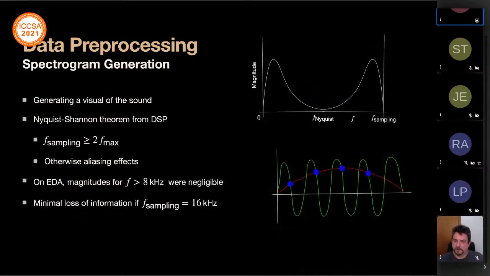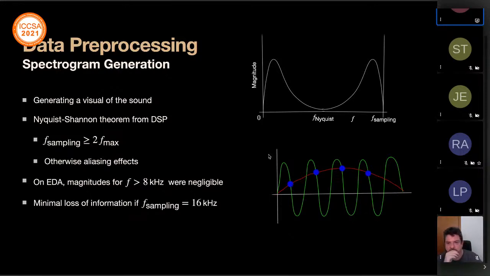Now coming to how we generated the spectrogram, first a short introduction into the background of digital signal processing, a theorem called the Nyquist-Shannon theorem. Suppose there is an audio signal in the form of this green sine wave, and it has a maximum frequency f max. Then you would need to sample at least twice that maximum frequency in order to avoid aliasing effects. Aliasing is basically what happens when you sample the audio signal at these blue points. Then instead of tracing out the green shape, you trace out the red shape, and you get a totally different audio signal. So we don't want that to happen.